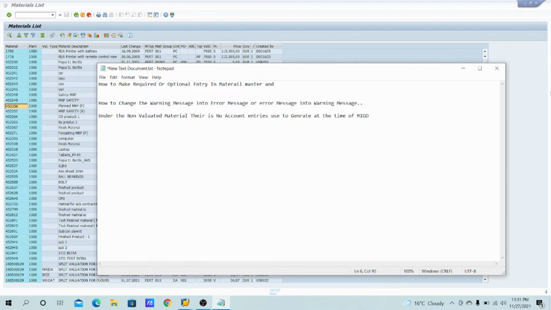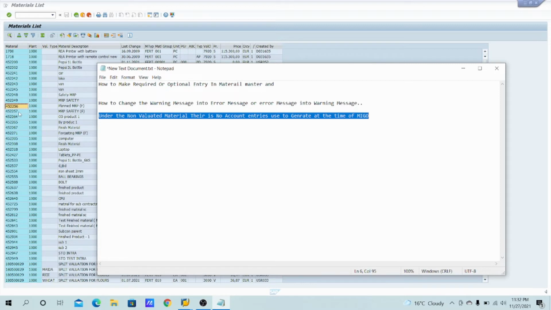Everyone should remember this, that at the time of MIGO, no accounting document is generated for non-valuated material. This is one of the most important points that everybody should know.